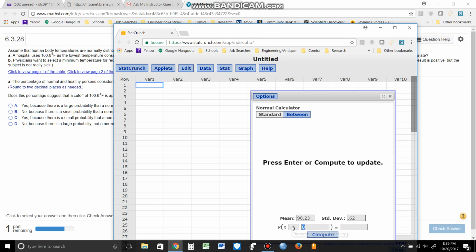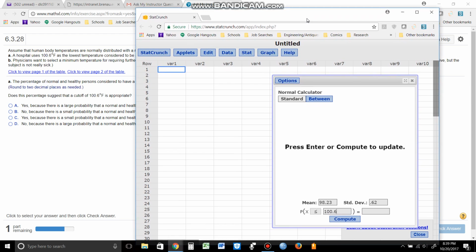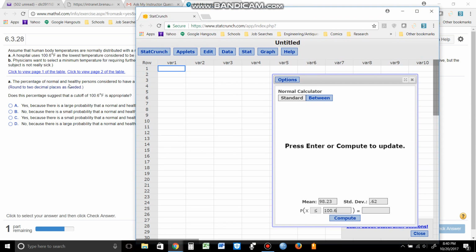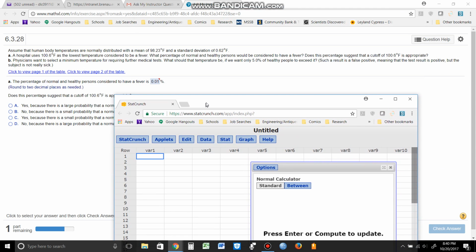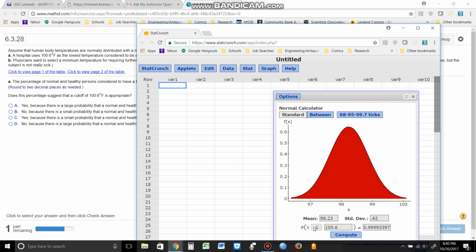So basically, anyone who is greater than 100.6 is considered to be basically having a fever. And so the percentage of normal healthy persons considered to have a fever is going to be greater than this. Change this to greater than. Okay. And that's going to be, again,